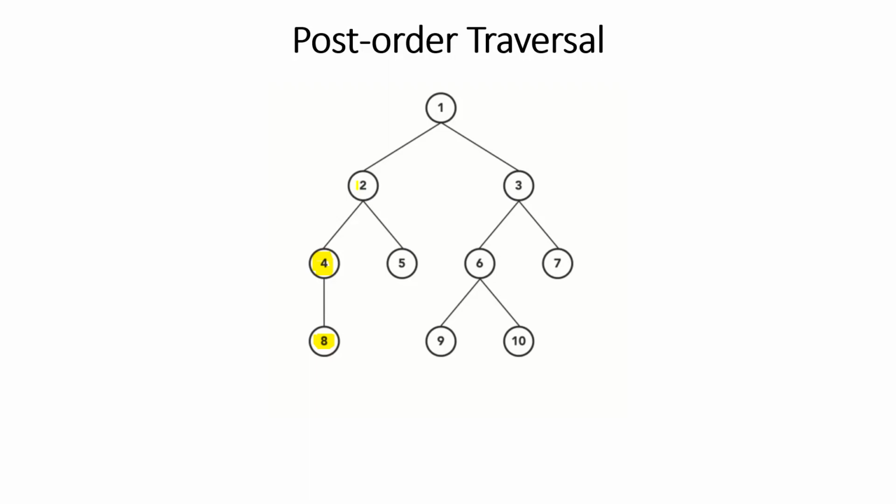Standing at 2, 2 will check whether my left and right is over. Only left is over, right? So 2 will think my right also has to be printed. So it will be printing 5. Now standing at 2, it will see that both its left and right is over. So myself I should be printing. So it will be printing 2. So now it will go back to 1.